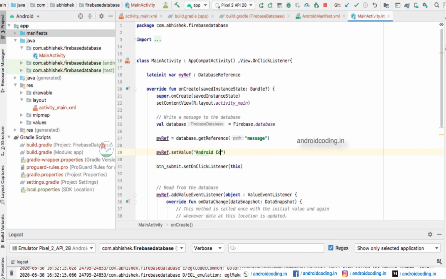Okay, androidcoding.in. So we mention our website name here and try to run it.